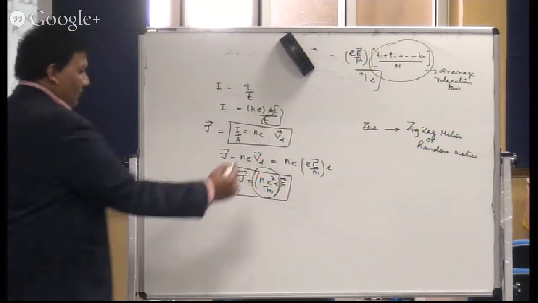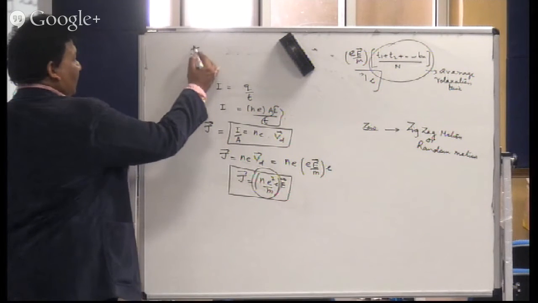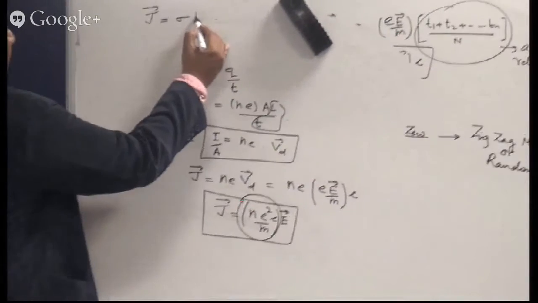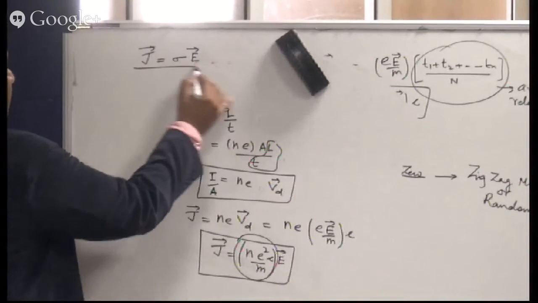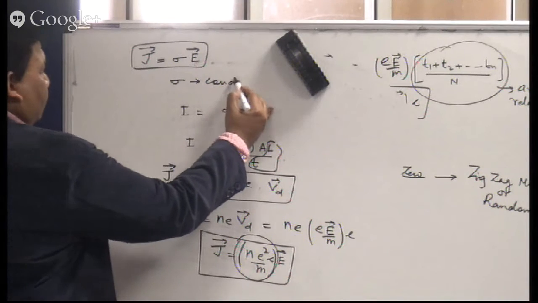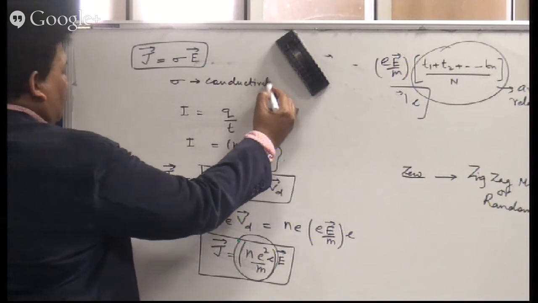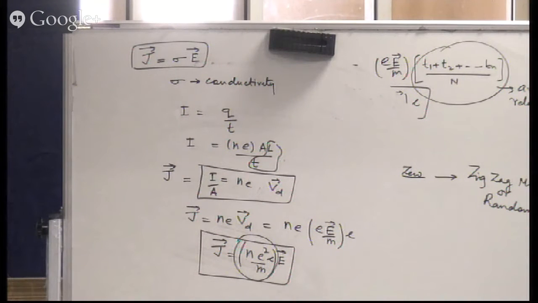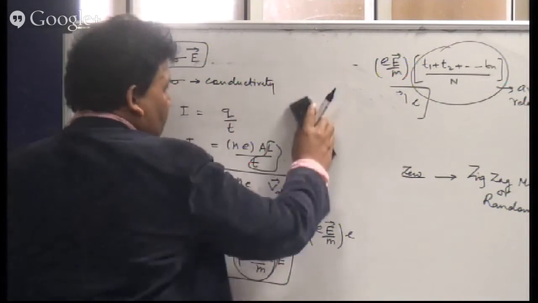Very good. So can I say that, लिखो, J equals sigma E, लिख सकता हूँ? And what is sigma called? ठीक. Now once you do this, आपको वरना करना क्या है? अब एक